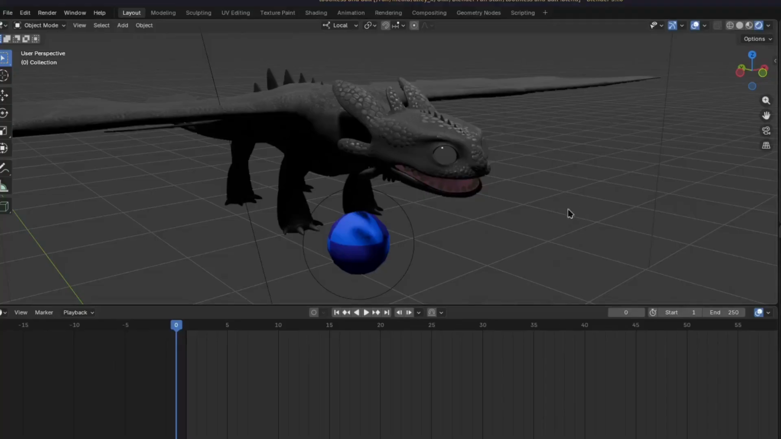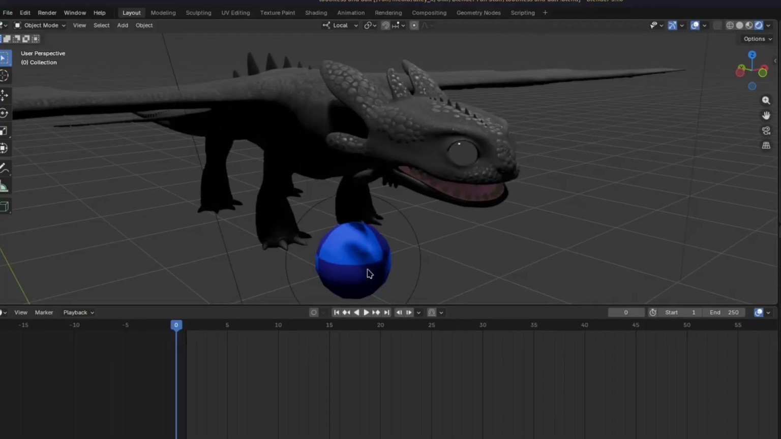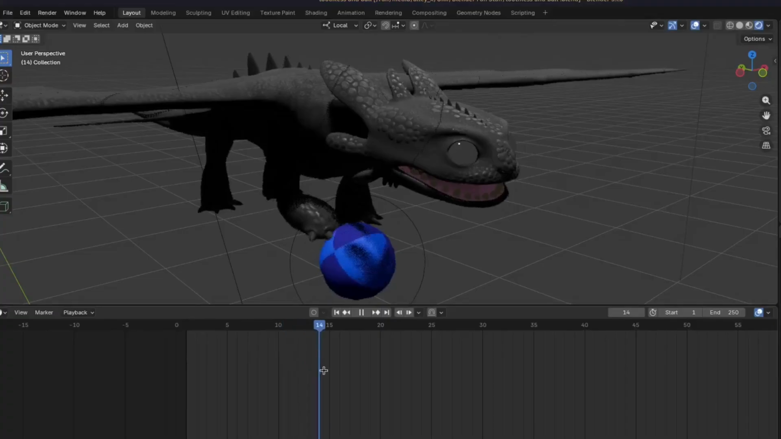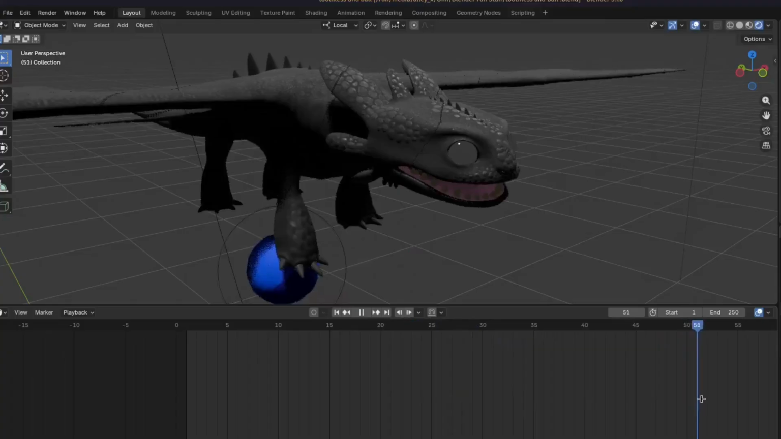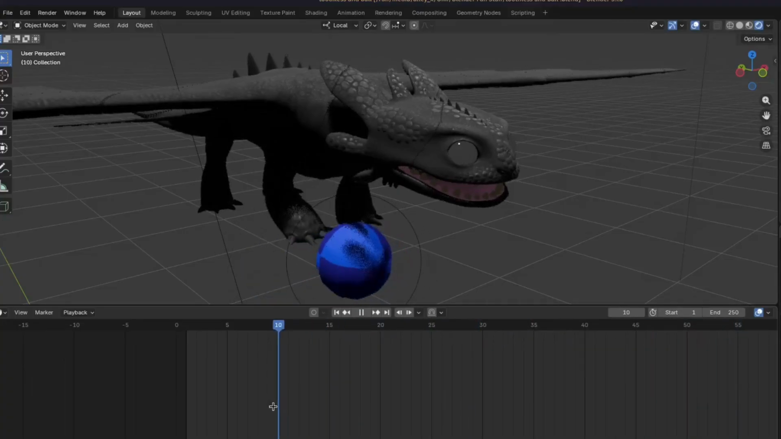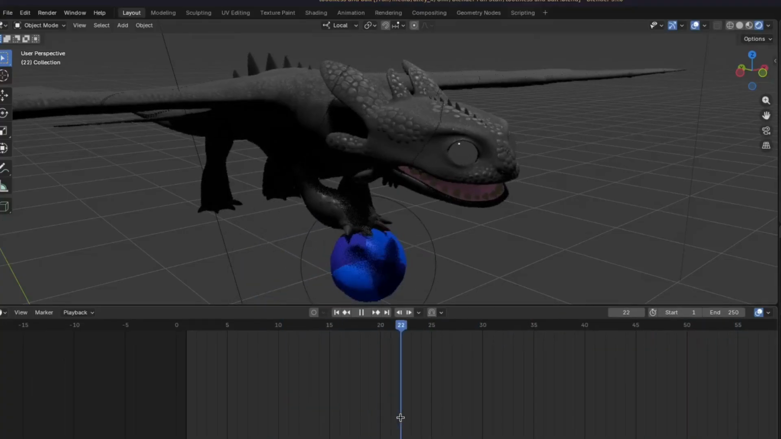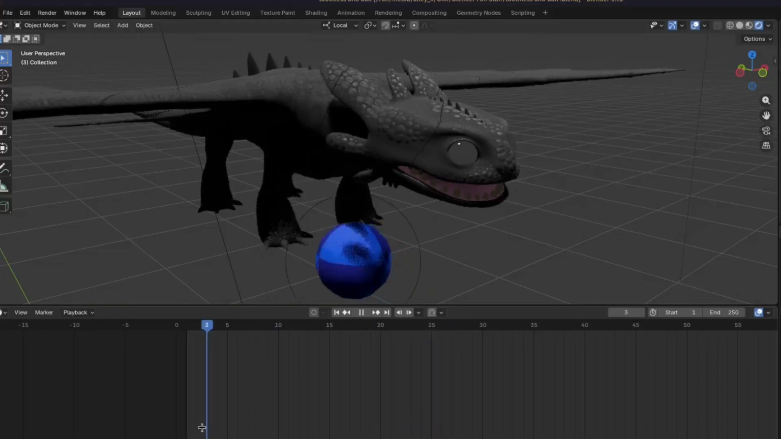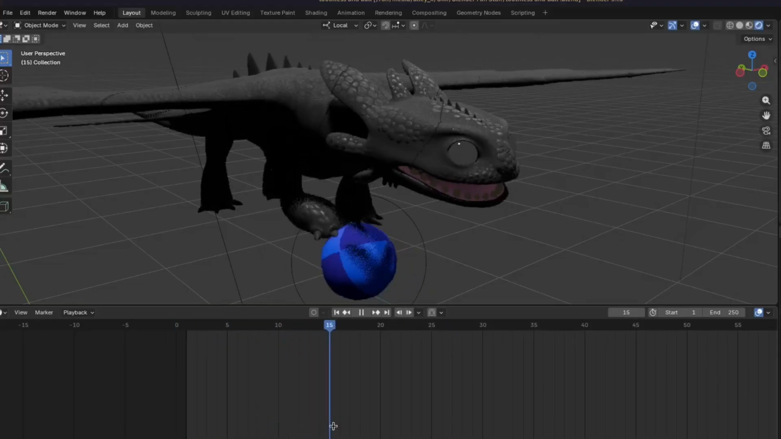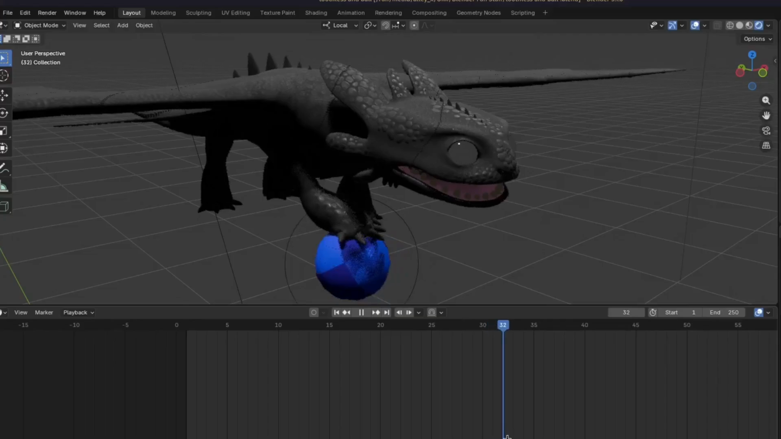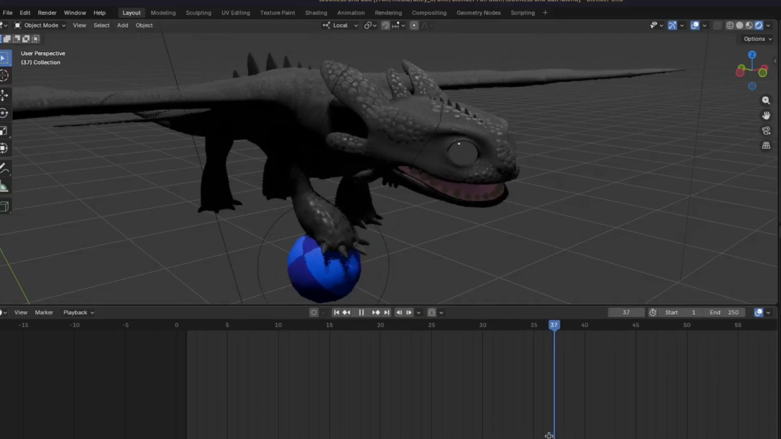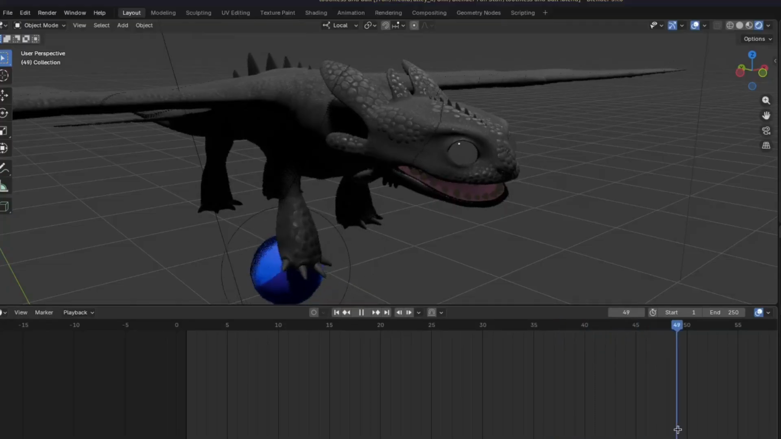Okay, so we have Toothless here, and I tried to make him grab the ball, kind of reach forward, and then pull it back. But the problem that I'm having is that if you'll notice, the ball changes its rotation in a way that I don't like. So watch it. So you go forward, he's pushing the ball forward, and then he pulls it back, and then the rotation changes, which I do like, but then right here, it changes the rotation again,